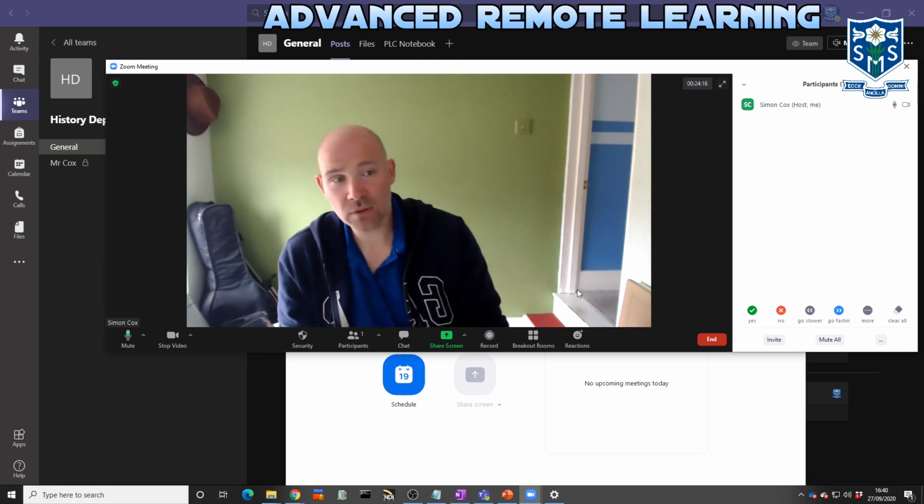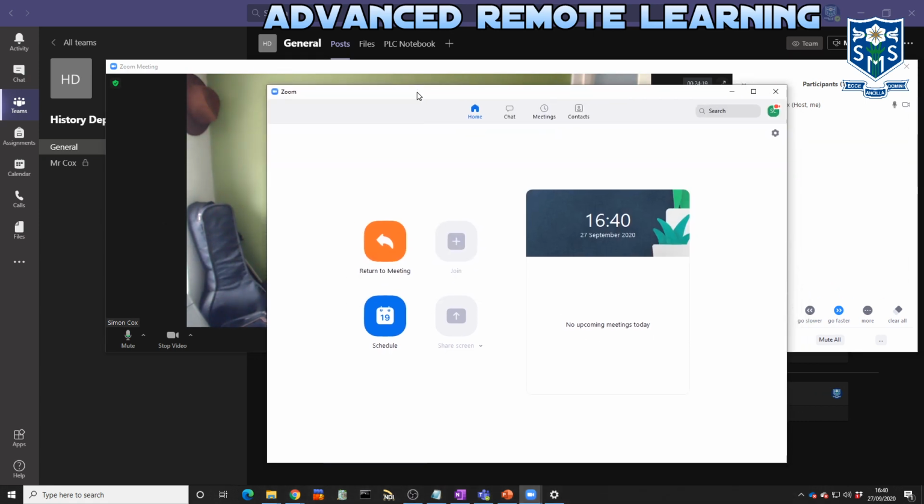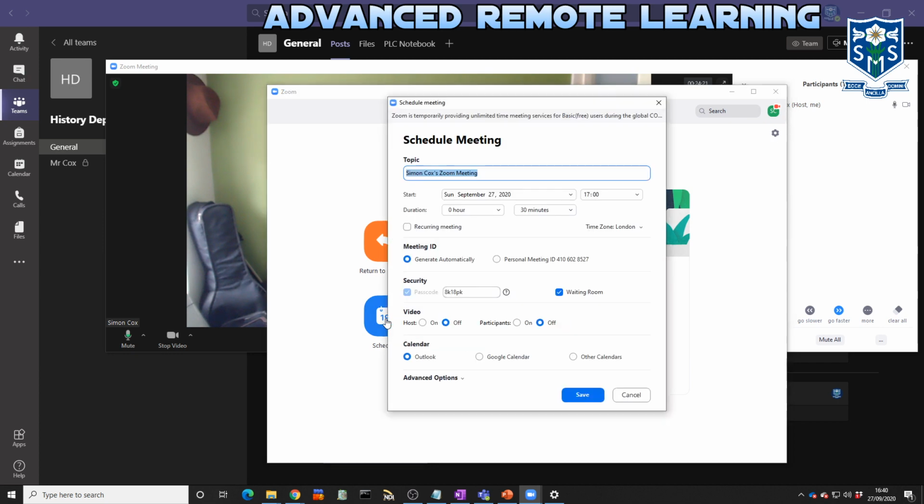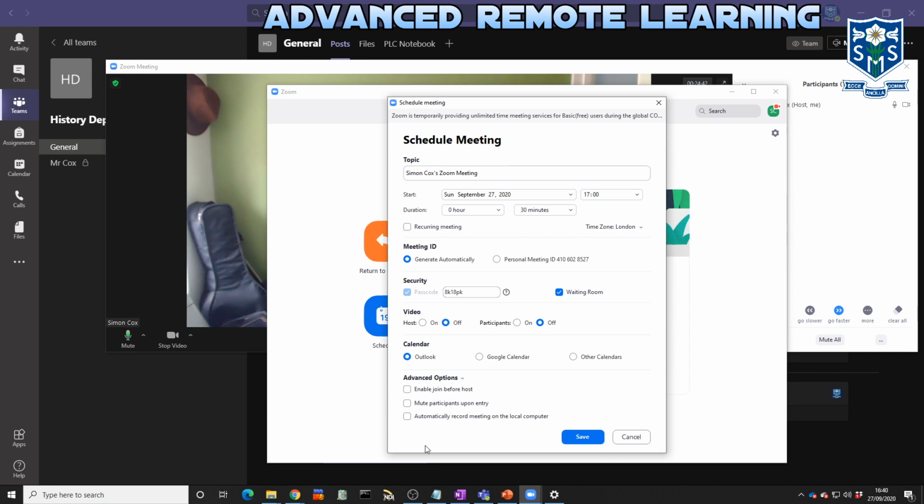Then also, if you go onto the Zoom calendar, you can actually schedule your meetings on Zoom, which works a bit like the Outlook calendar. You can also connect it to a Google Calendar or an Outlook calendar, which might be helpful. But here's the really nice bit: if you schedule this just for yourself, you could put it on your own private Outlook or Google Calendar, just whenever your lessons are. If you go into advanced options, you can press this button that says automatically record the meeting on the local computer. Obviously, you would then have to make sure that was recording to the OneDrive, but that would then record